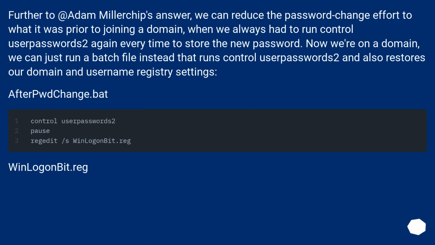Further to Adam Millichip's answer, we can reduce the password change effort to what it was prior to joining a domain, when we always had to run control userpasswords2 again every time to store the new password. Now we're on a domain, we can just run a batch file instead that runs control userpasswords2 and also restores our domain and username registry settings. After purchange.bat, winlogonbit.reg,